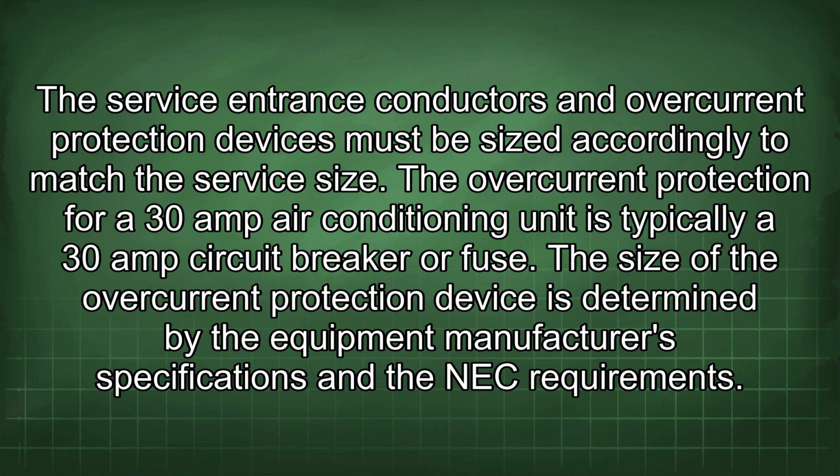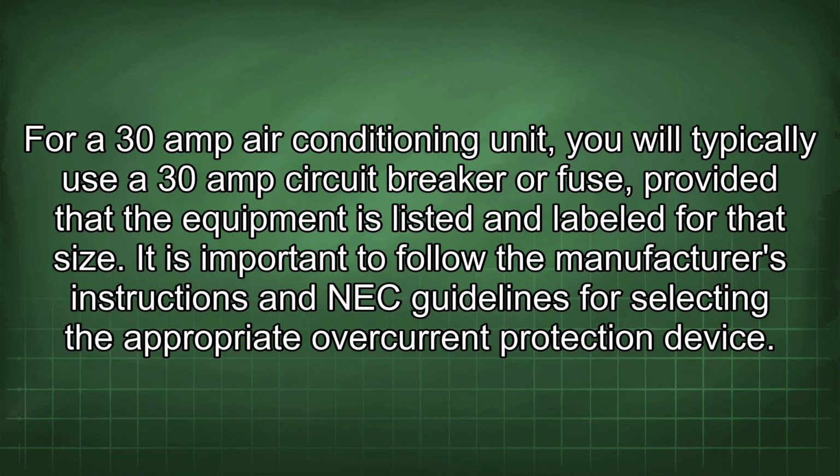The service entrance conductors and overcurrent protection devices must be sized accordingly to match the service size. The overcurrent protection for a 30 amp air conditioning unit is typically a 30 amp circuit breaker or fuse. The size of the overcurrent protection device is determined by the equipment manufacturer's specifications and the NEC requirements. For a 30 amp air conditioning unit, you will typically use a 30 amp circuit breaker or fuse, provided that